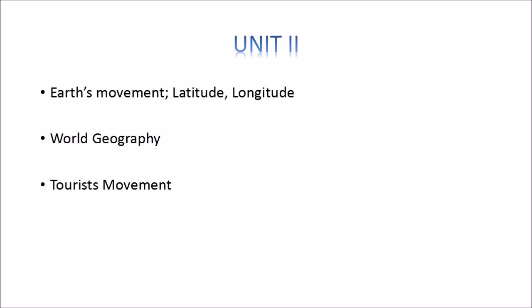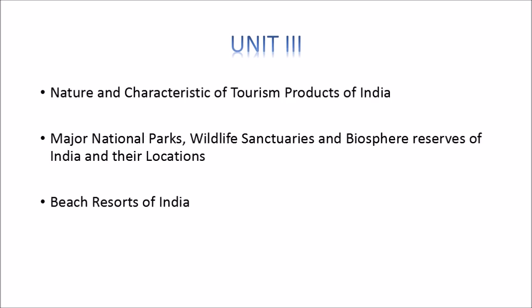Moving further, Unit 3. The first point of Unit 3, the main thing which you need to learn is nature and characteristic of tourism product of India. So nature and characteristic of tourism product in India में जो main चीज़ें आती हैं वो हैं seasonality and tourist attractions आते हैं इसमें अपना folk dance, culture, religions and अपने जो legendary figures हैं जो जैसे महात्मा गांधी, पंडित जवाहरलाल नेहरू and all those important places related to India's freedom struggle जो भी इनसे related हैं,